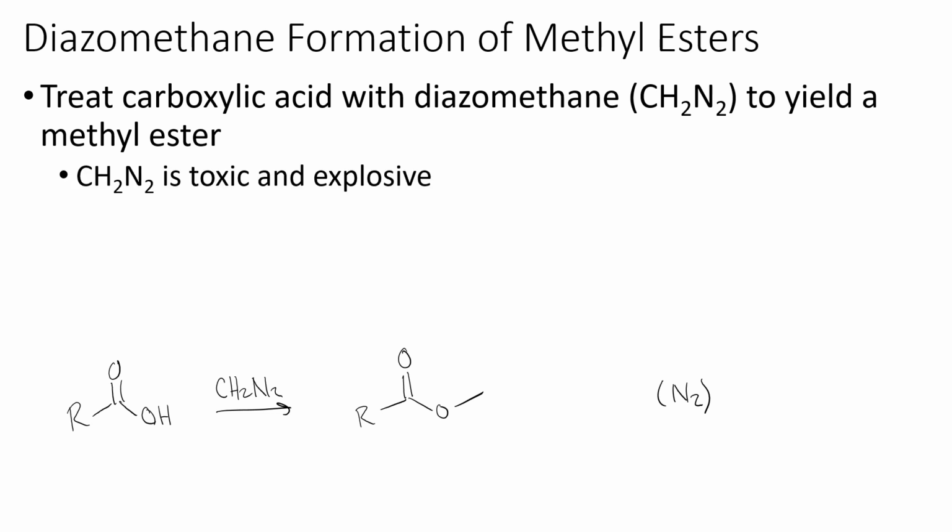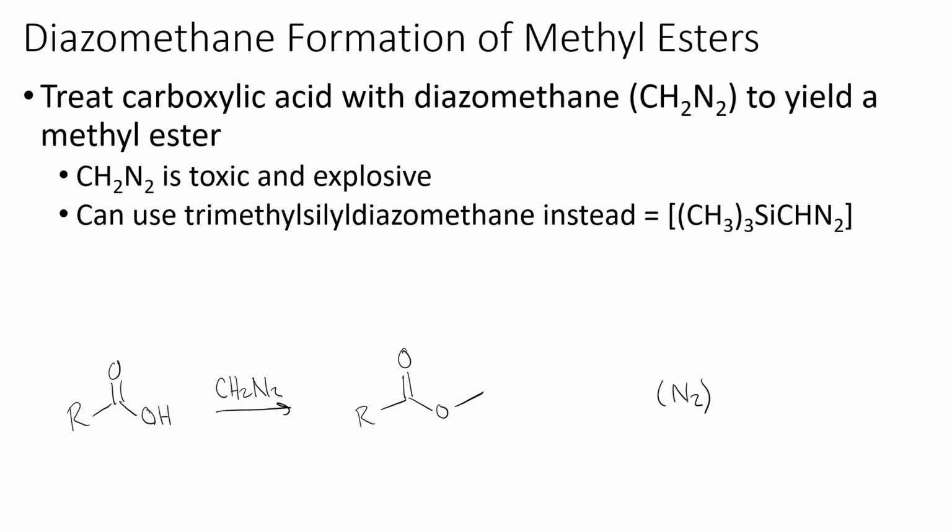One of the problems that we have with this reaction is CH2N2 is very toxic. It is also very explosive, so diazomethane is very, very difficult to work with. One of the workarounds is, instead of using CH2N2, we can use trimethylsilyl diazomethane. It's a little bit more stable, a little bit easier to work with, but it will generate the exact same product for us. So our trimethylsilyl diazomethane is